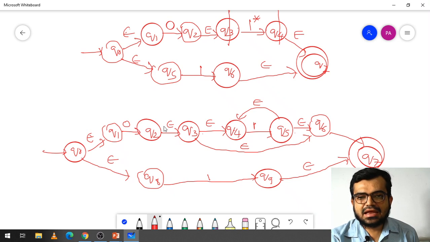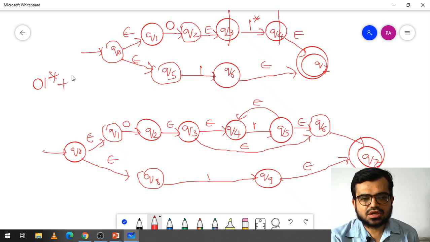And our expression here is 0 1 closure plus 1. So 0 concatenation means sequence and 1 closure means this one, and again it is reaching the final state. Then plus 1 means union or the OR operation. So here either 0 1 closure or else 1. So through 1 also it is reaching the final state.